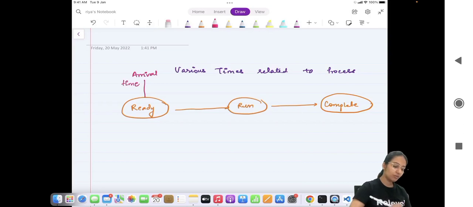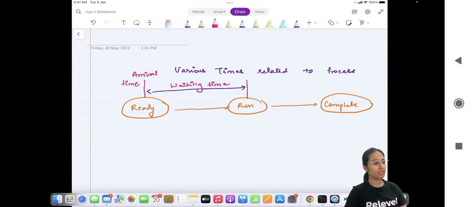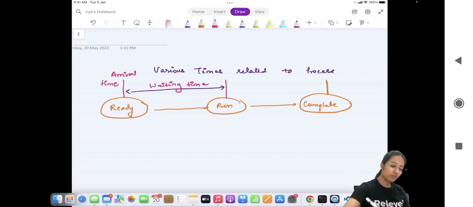Whenever you come into the ready state, that's what your arrival time is. From the ready state to the running state, whatever time it takes for you to go from the ready state to the running state is known as the waiting time, because you're currently waiting to go from the ready state to the run state. At this point of time, when your task completes, that is what we call the